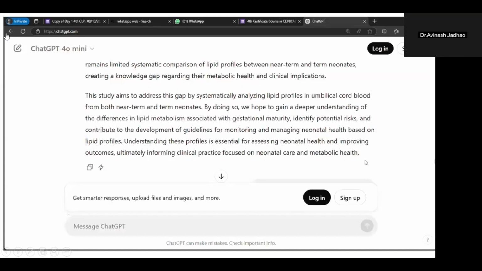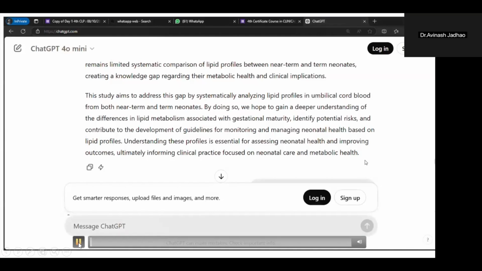And there will be no mistake. And once it is prepared, you have to validate it, you have to cross-check that ChatGPT has written everything properly or not. So now here you can see this is the introduction or background we have taken. Now, next thing is